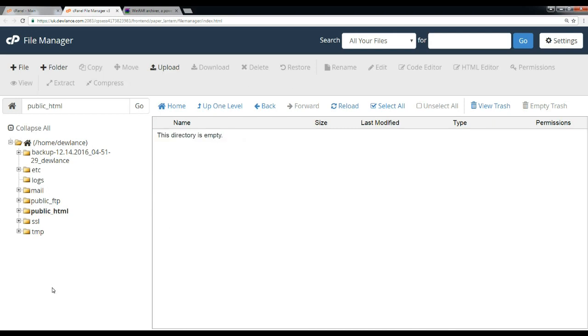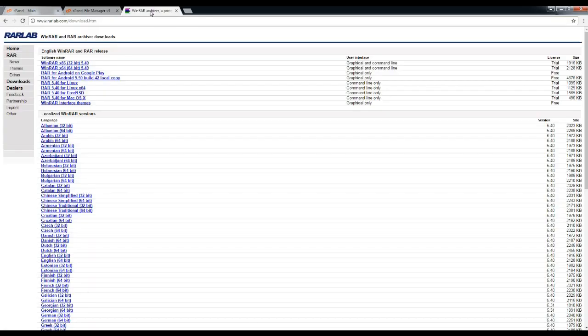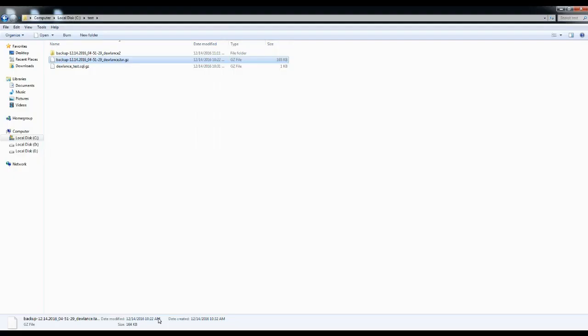Now open the location of your full backup. We need to extract it, and for extracting it we need software. You can use WinRAR, rarlab.com. You can use WinRAR to extract your compressed file.